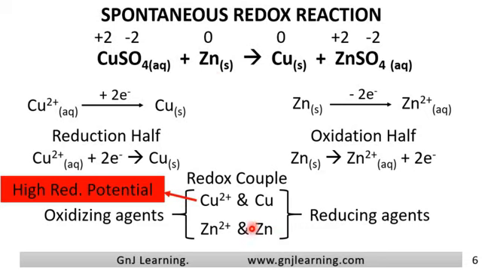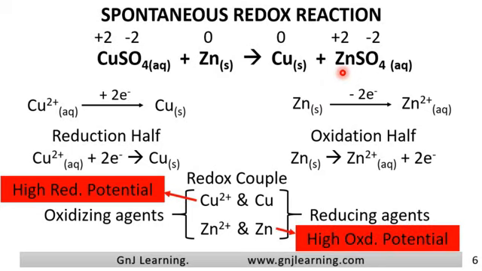So zinc has higher oxidation potential. Why oxidation potential? It is the one among the two that is oxidized. So it has high oxidation potential. So try to pause the video and try to convince yourself that you got the point. It's like this. In a redox couple, the oxidized species is called the oxidizing agent and a